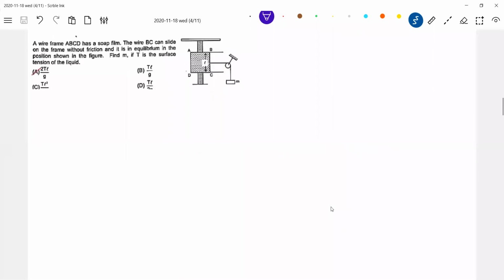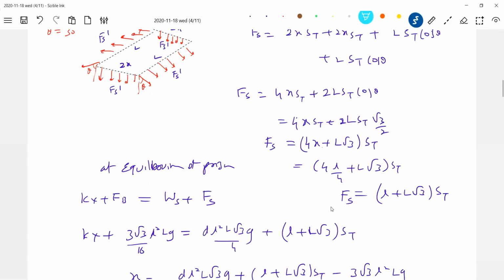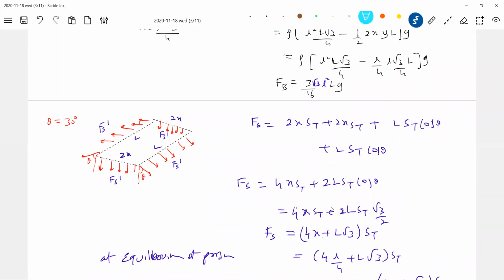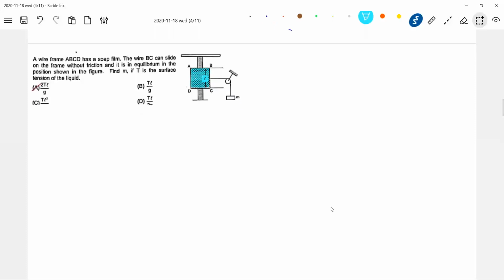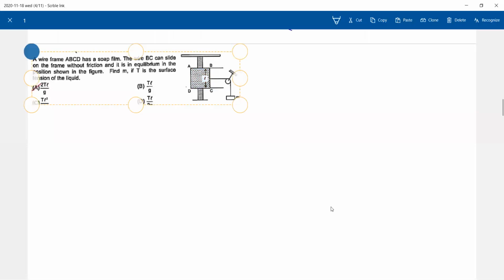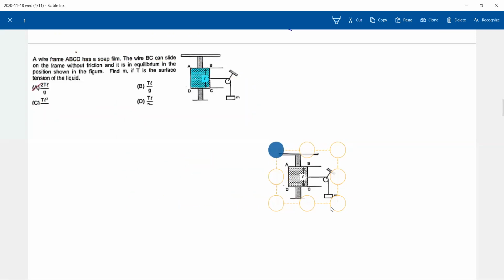Now slowly we are going for the application part. Where is the film? Film is this one. Now somebody is asking, sir, why are there no two surfaces? Tell me how two surfaces will act in the previous problem. Somebody should answer why two surfaces should not be there. When a soap film comes, two surfaces will come into the picture. Am I right? Let me take the diagram. Read the question. I'll set it.